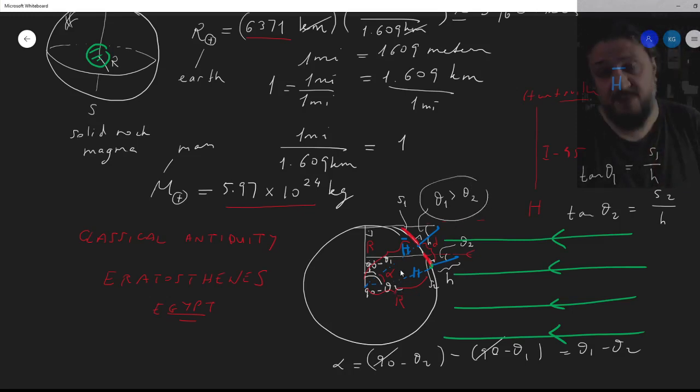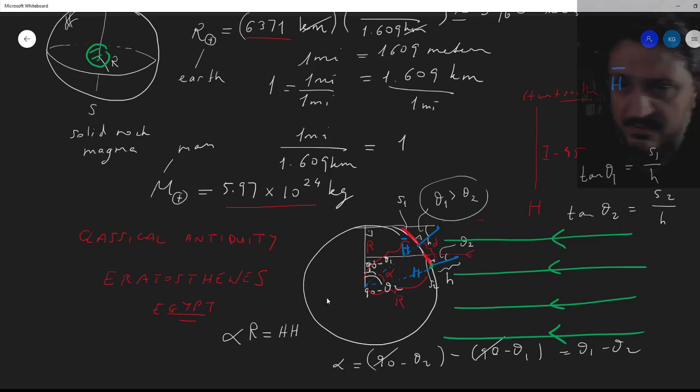That's our alpha, right? And you just multiply that alpha in radians, not degrees but radians, by r to get the distance between Houston and Huntsville. Or solve this equation, let's say, for the radius of the Earth, h bar. What did I call it? I called it h bar, right? The distance between the two cities divided by that angle in radians, which will give you the radius.